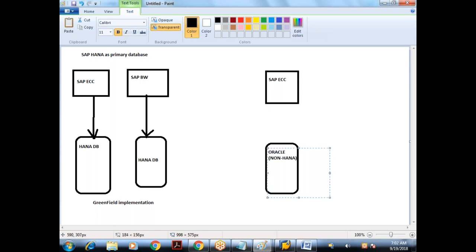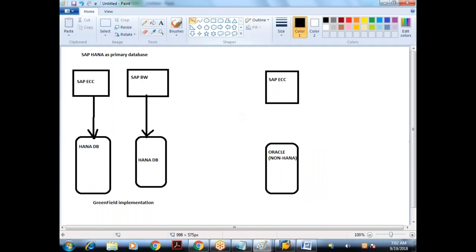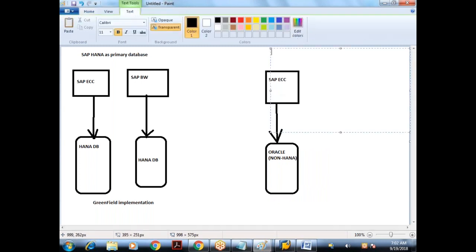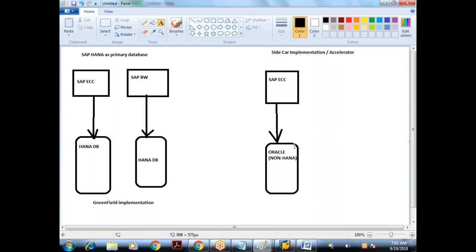This customer is running his business on SAP for many years, and as part of this implementation you might have developed many reports, thousands of reports. We call this implementation sidecar implementation, or in simple terminology, accelerator. So the scenario here is my customer is running his business for the last 10 years on an SAP system and is using some